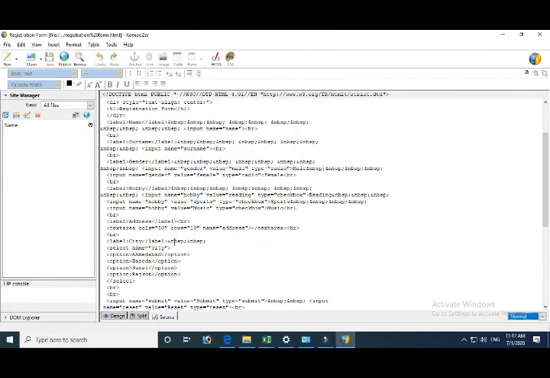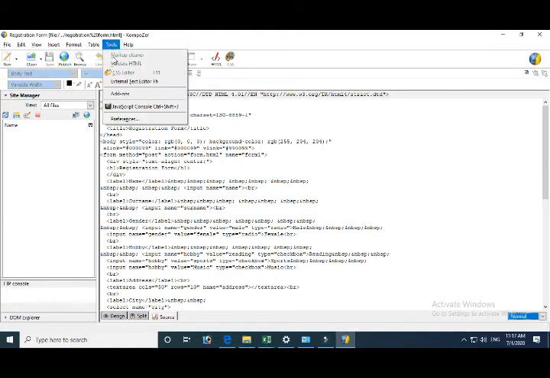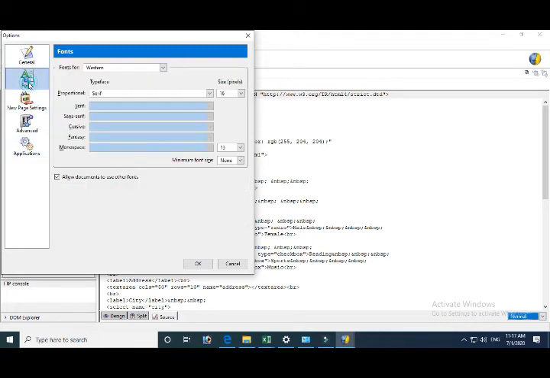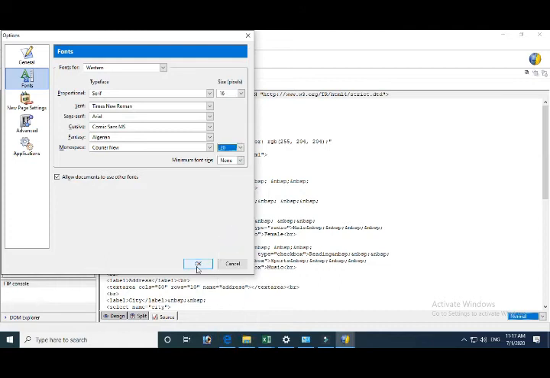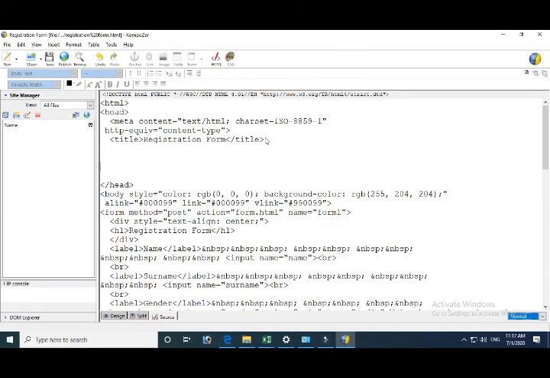So for that, go to the source tab. I am increasing the font size for the visibility of this page. Now before /head, before the closing head tag, give some space, insert a script tag and close the script tag. Now between these two script tags, the beginning and ending script, we are going to write a function and its definition.